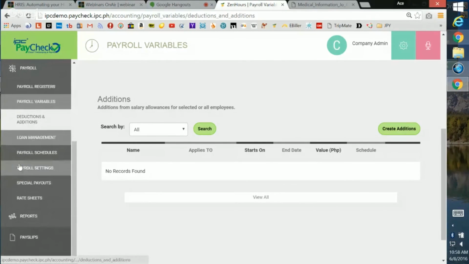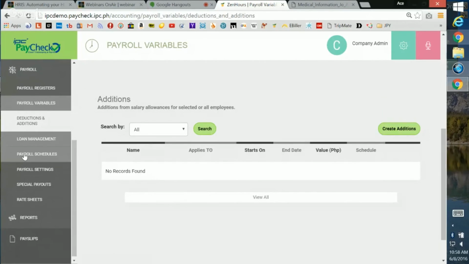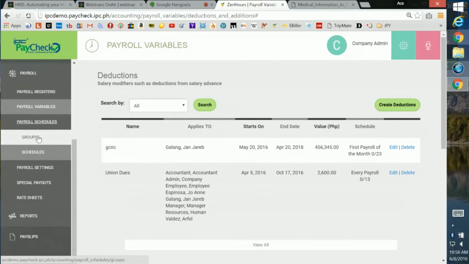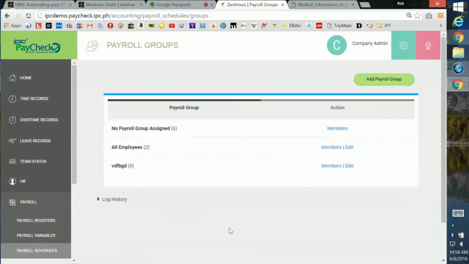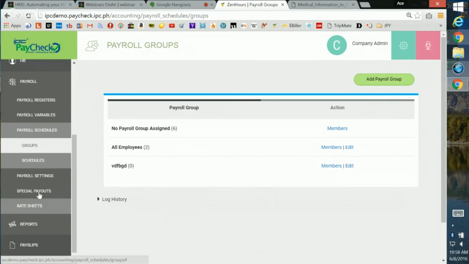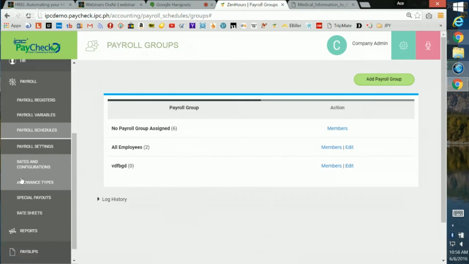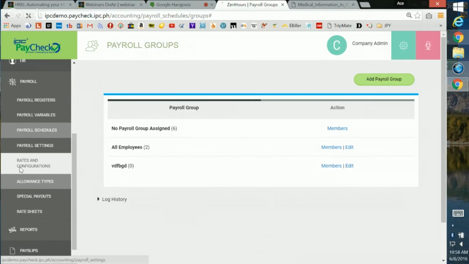Now, when it comes to payroll schedules, this is the typical "penas katapusan" that they call it in Filipino language. So you can add as many payroll groups as you want, although we think that most companies only have one payroll group actually. Right? Now, when it comes to payroll settings, this has something to do with rates